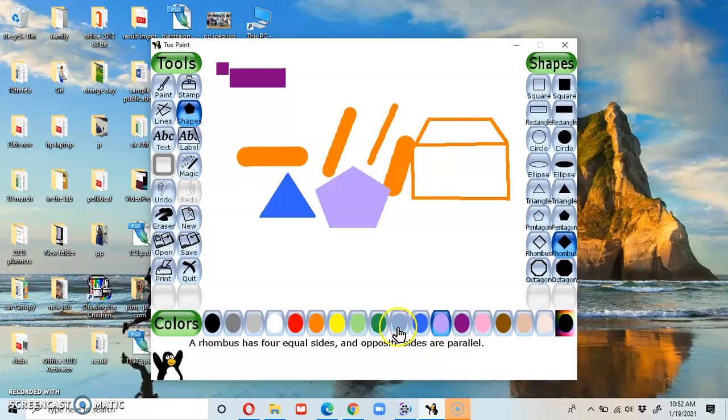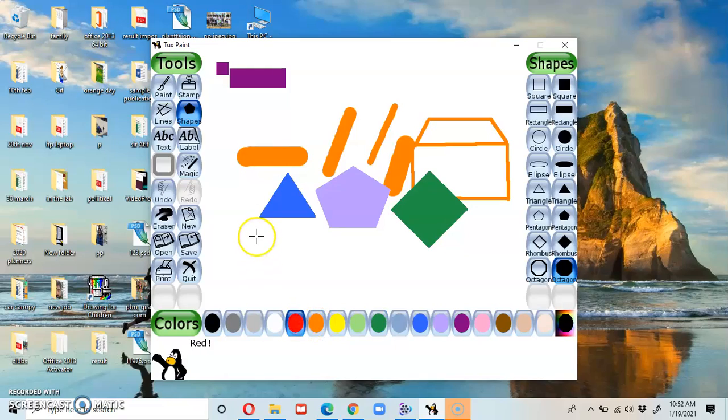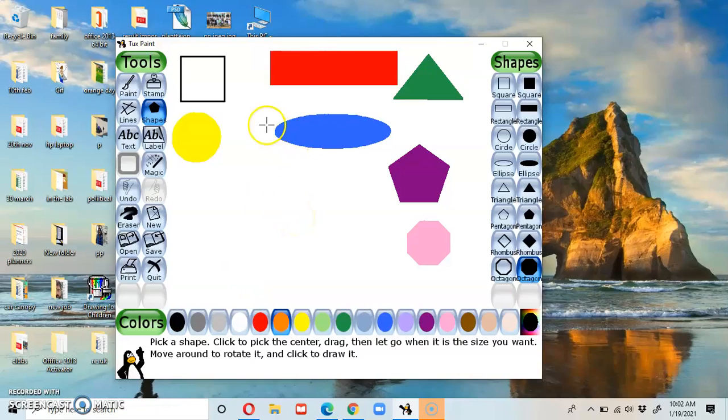You can draw a rhombus. You can draw an octagon. These are the different shapes. You can try these shapes in the same way. Select the shape, select the color from the color palette and draw these. Okay, we have made different shapes with the help of this shape tool. Here these shapes are given and we have made these shapes by using different colors from the color palette.